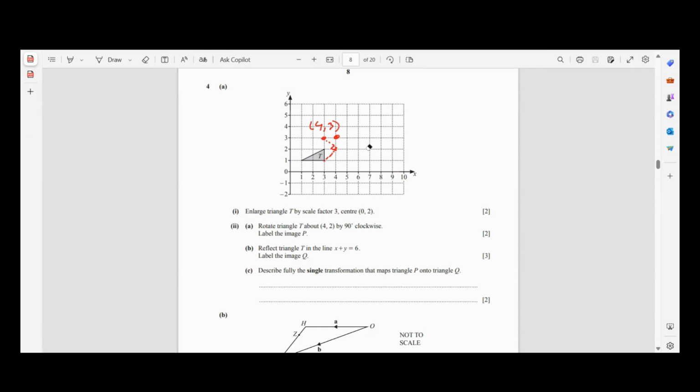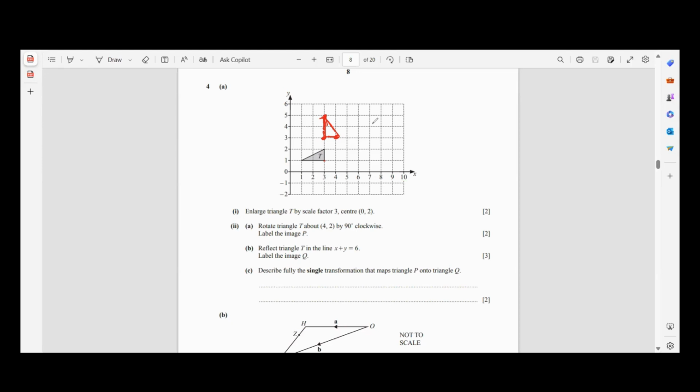Then for the other one, it should be here, 90 degrees, because the size will not change, it only gets rotated. So it should be like this. That's for part ii. And then we reflect the triangle T in the line,